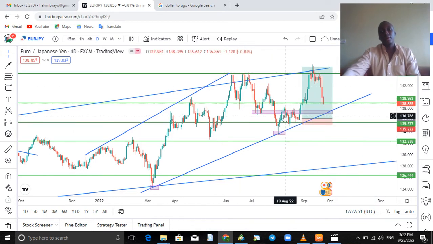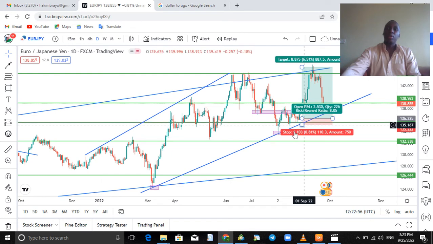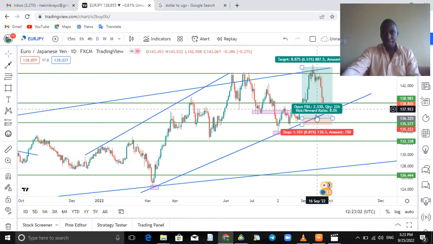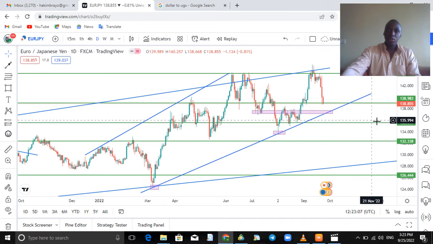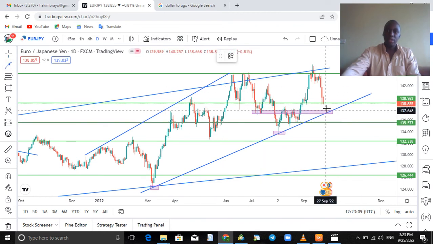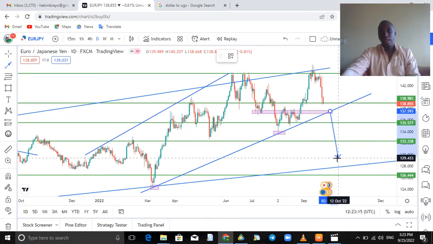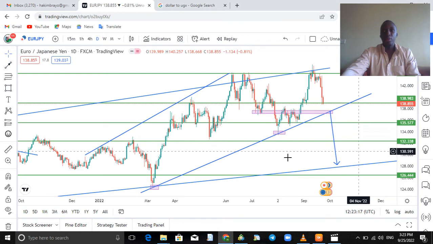Prices could just come and consolidate around this level, but it couldn't break out. But when we had a breakout, you can clearly see this move which EURJPY made. Now the prices are still coming back on this level, so that's where we are expecting to see EURJPY either coming back all the way to the upside, or breaking this wedge of ours and dropping all the way to the